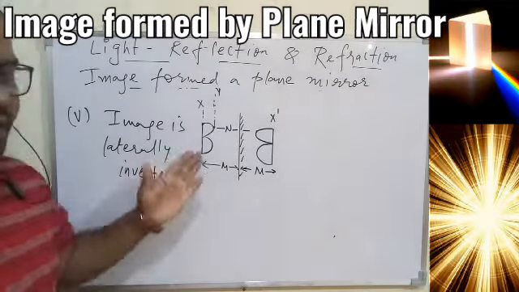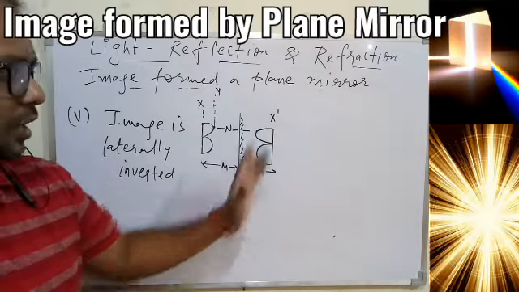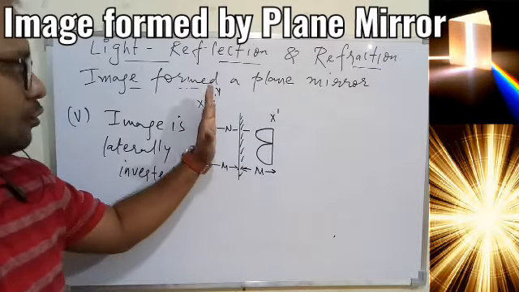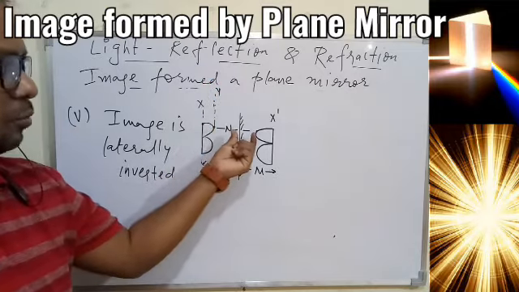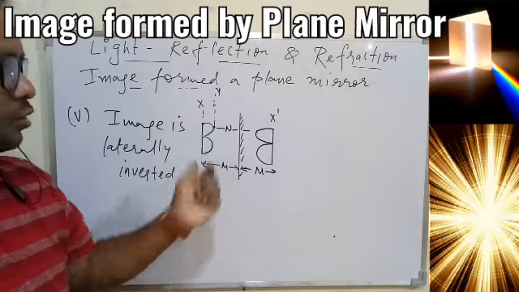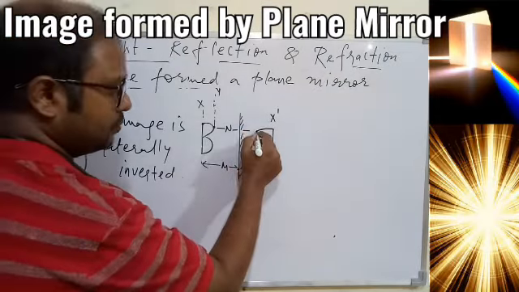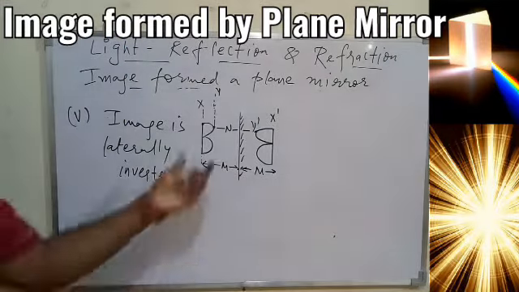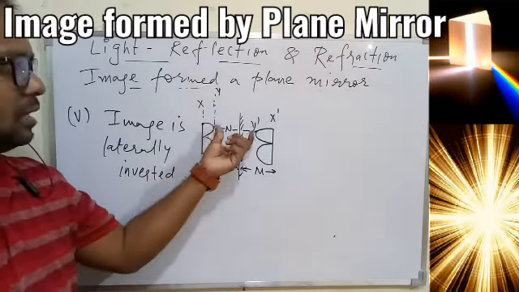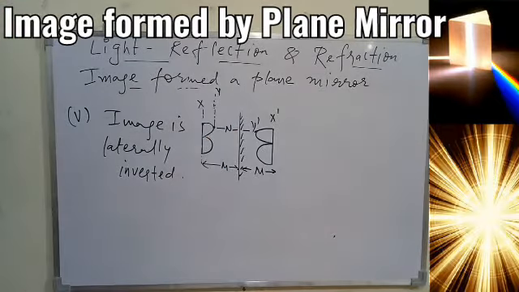So I'll repeat it again. For this particular line we found the image, so that will be at this side. Okay, because distance has to be same. For this particular point Y, you know the distance is less from the mirror, so you understood the distance should be less from the mirror there also, and this is only possible if this portion will come this side. So this is the point, that is O prime. So Y prime and Y, they are same distance from the mirror. X and X prime are at the same distance from the mirror, and from here we can simply understand that the image gets laterally inverted.